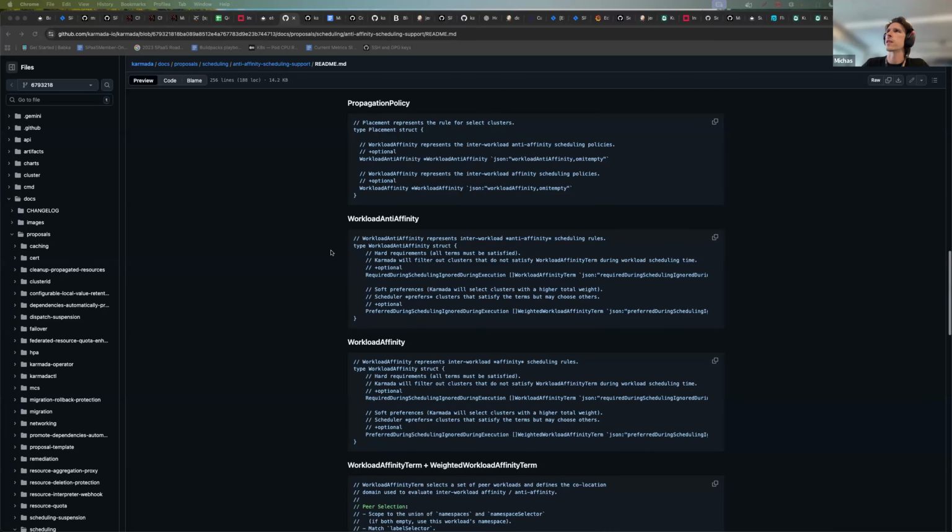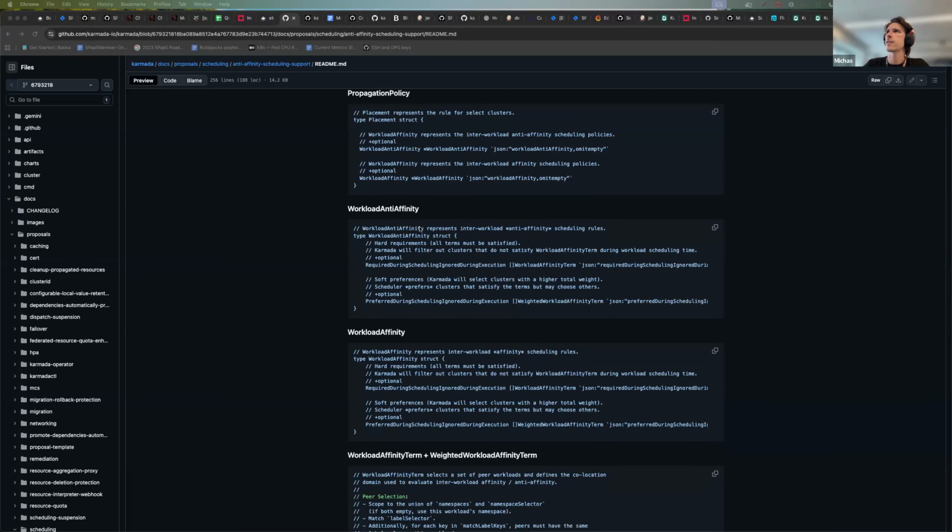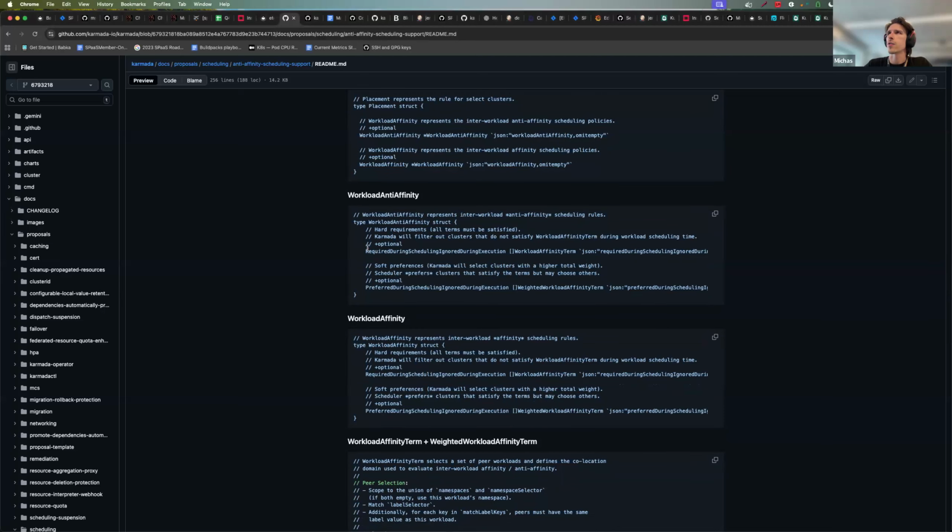I can start with workload affinity first. So workload anti-affinity represents the inter-workload anti-affinity scheduling rules. I've included required during scheduling, ignored during execution. This just means this is a hard requirement, so Karmada will filter out clusters that do not satisfy the workload affinity term.